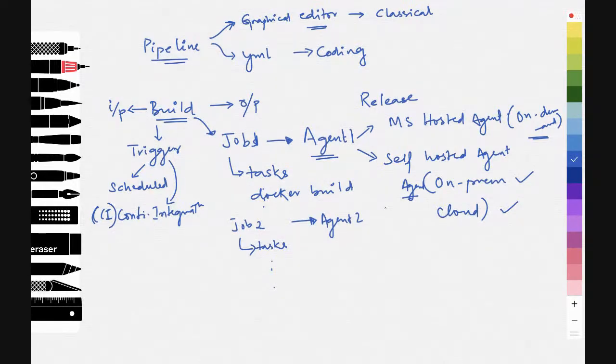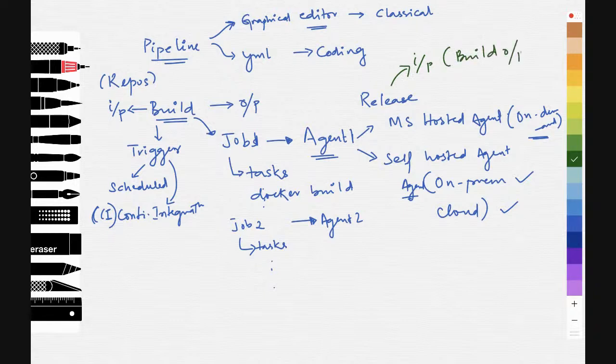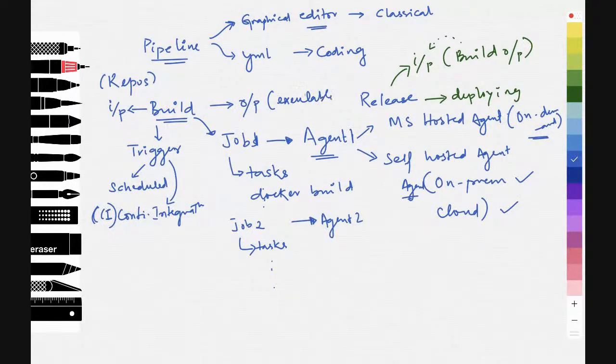So whether it is a build pipeline or a release pipeline, I need a trigger to it. I would need an input. In case of build pipeline, the input would be my code, nothing but the repositories. But in case of the release pipeline, my input would be the build output, which I would be taking up. And here, output is nothing but deploying the application. Here, the output is nothing but we would be going ahead and producing the executables or the image. That would be the output for this particular stage.